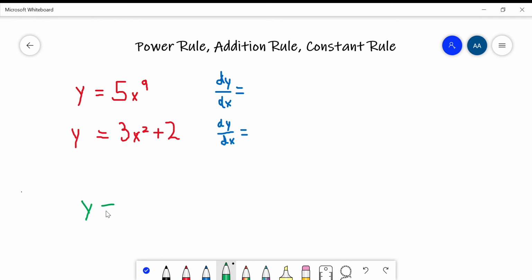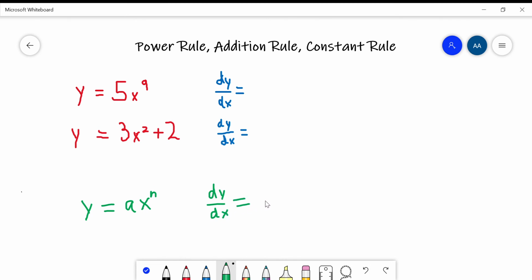And so we got y, let's say we got ax to the n power. And I know I didn't use a variable last time, but I figured since a constant is a constant, I figured I'd do something. And I'll use the standard notation, not be a bit lazy this time, and I'll do dy dx. So if we have dy dx, and I'm just going to give you the formula, it's going to